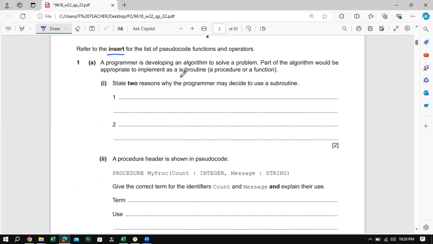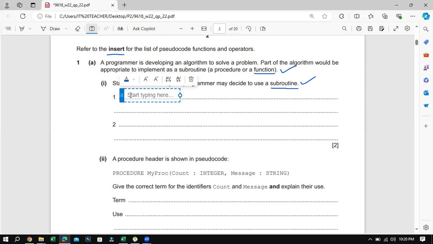We talked about functions. We talked about subroutines. And in Java, I also gave you the example of a function as well. State 2 reasons why programmers may decide to use a subroutine. Well, obviously, there are lots of advantages of using a subroutine or a function. You remember when we made a function, one of the biggest advantages of using the function was that